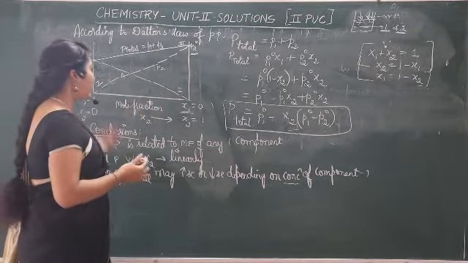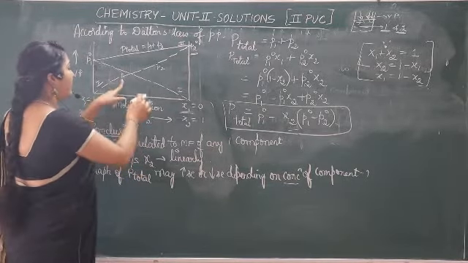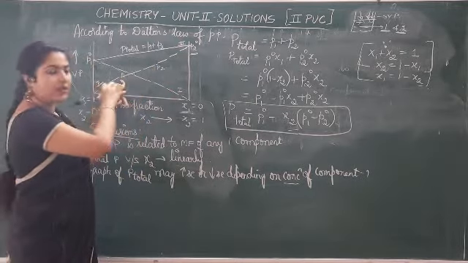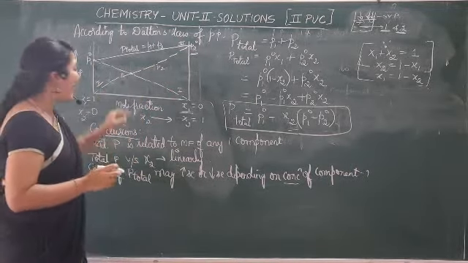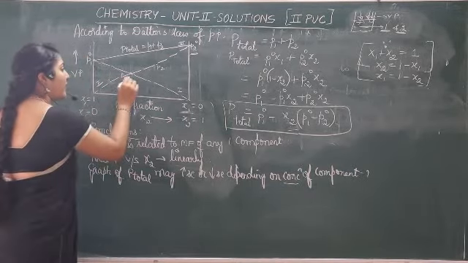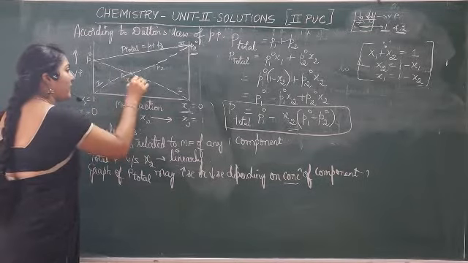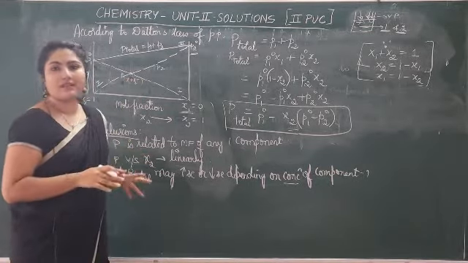The other conclusions are, see, you can see the point at which P1 crosses P2. The point at which P1 crosses P2, that means at this point the sum of their mole fractions will be 1. When you add the mole fractions, x1 plus x2 at this point will be equal to 1. That is what it means. So these many things you need to understand here. Let us see the remaining concepts from this.